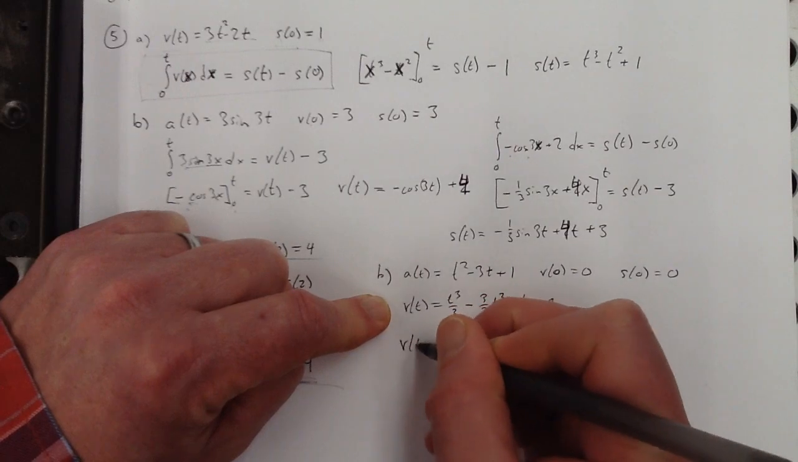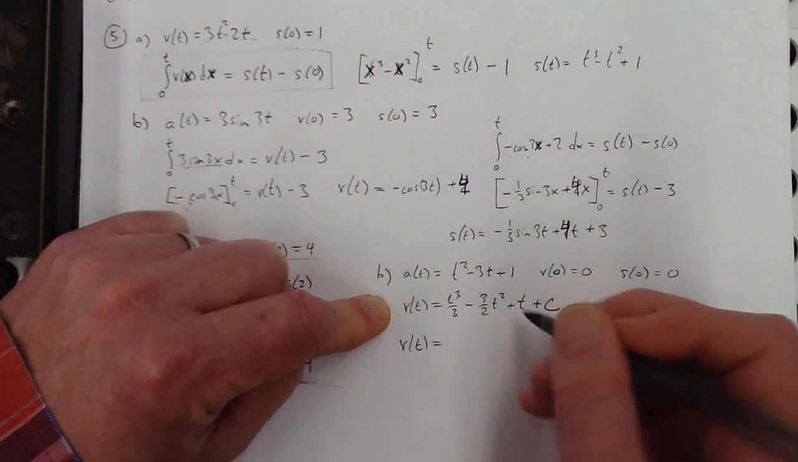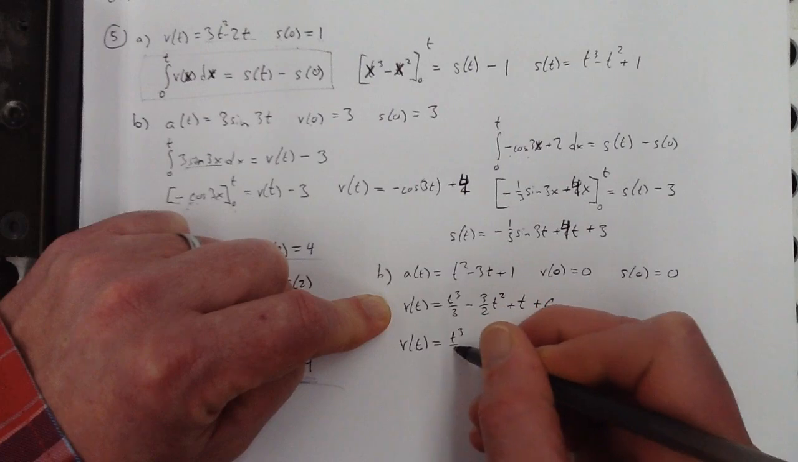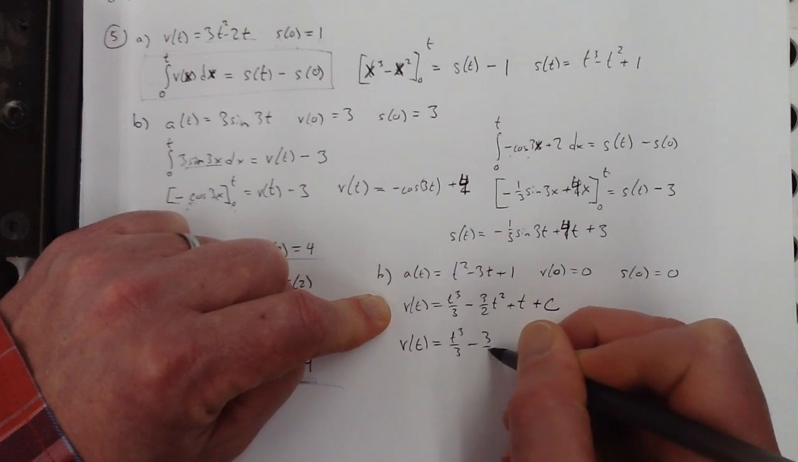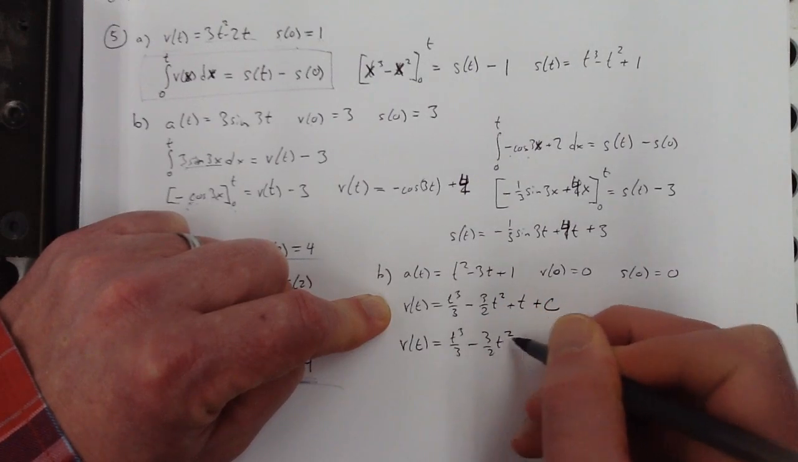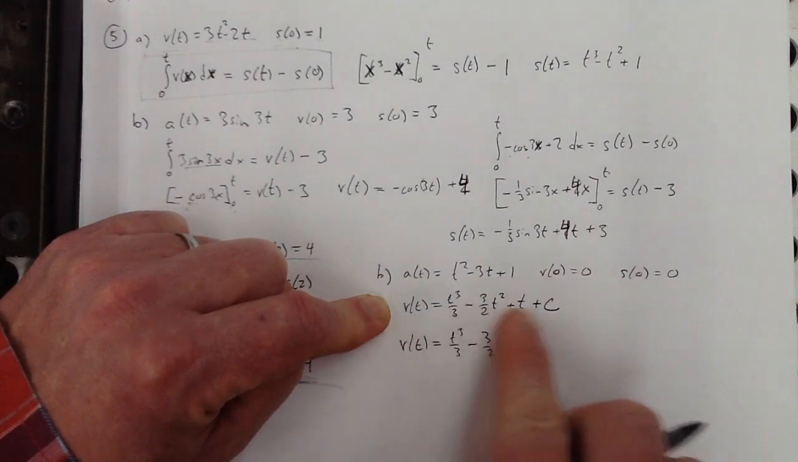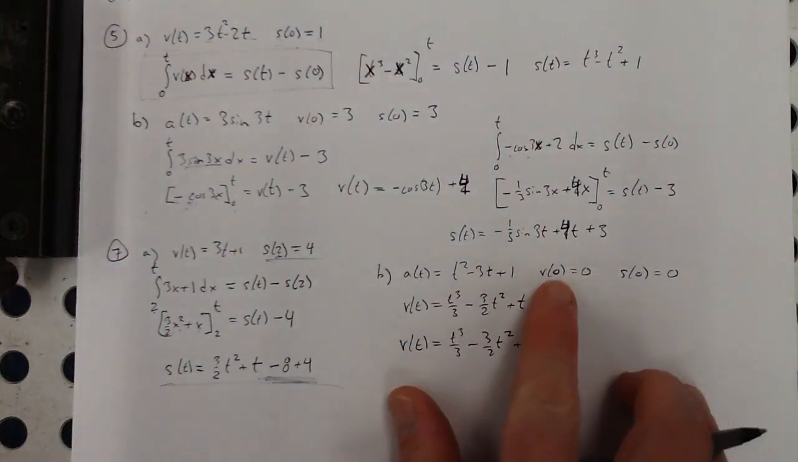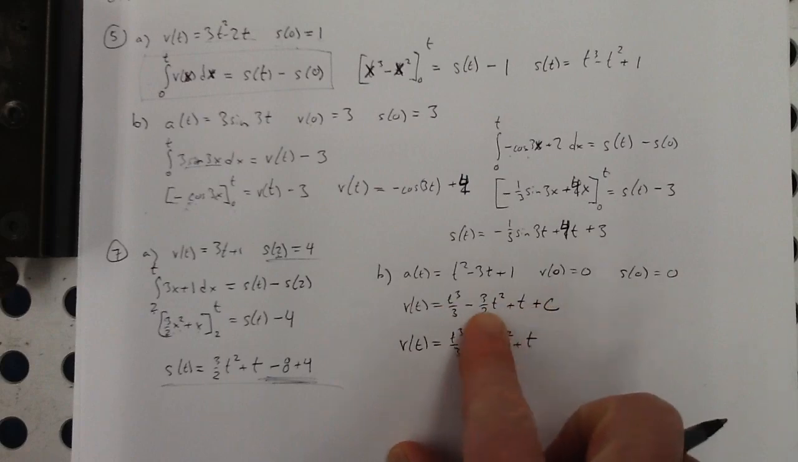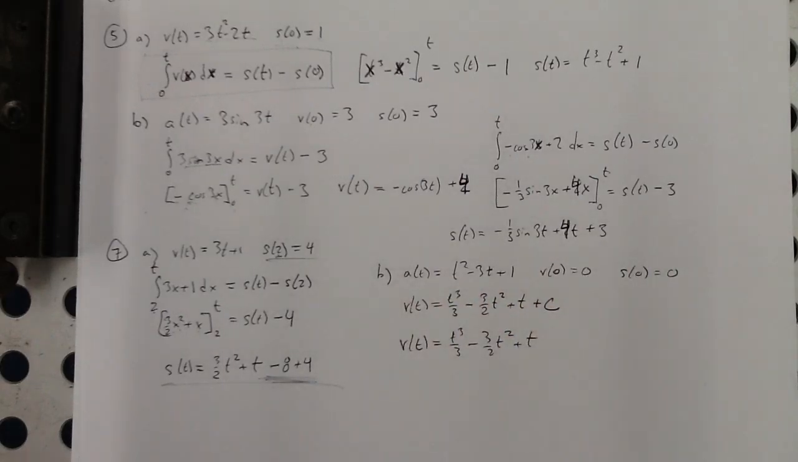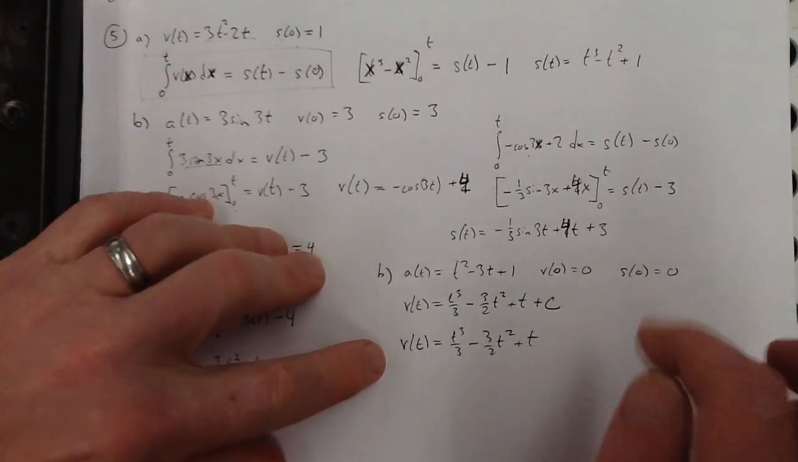So v of t is equal to t cubed over 3 minus 3 halves t squared plus t. And the c came out to be 0, because it's just a polynomial. And when you plug in 0, you need to get 0, so c must be 0. And then to get back to position,